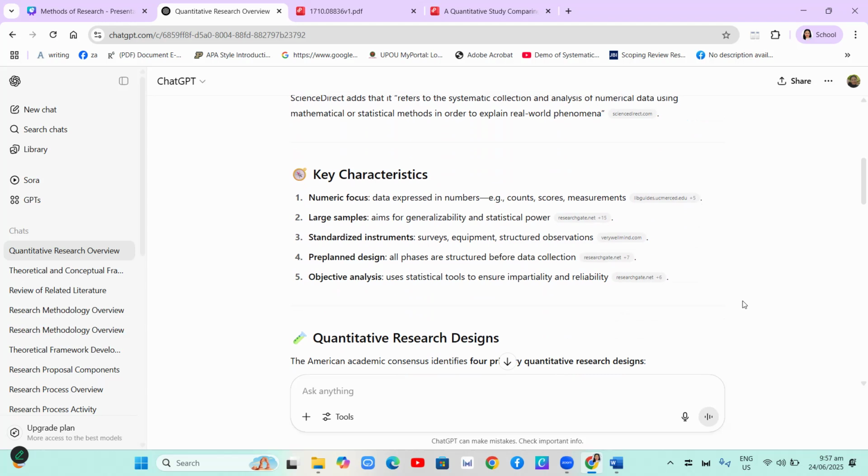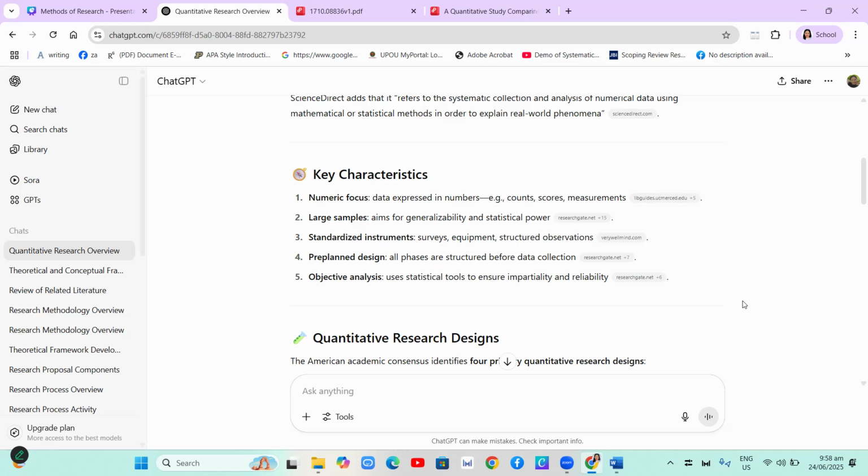Next, the key characteristic of quantitative research is large samples. It aims for generalizability and statistical power. So, if you are using quantitative research, usually you use a large number of samples or participants, or in case of experimental research, you need to compare groups.